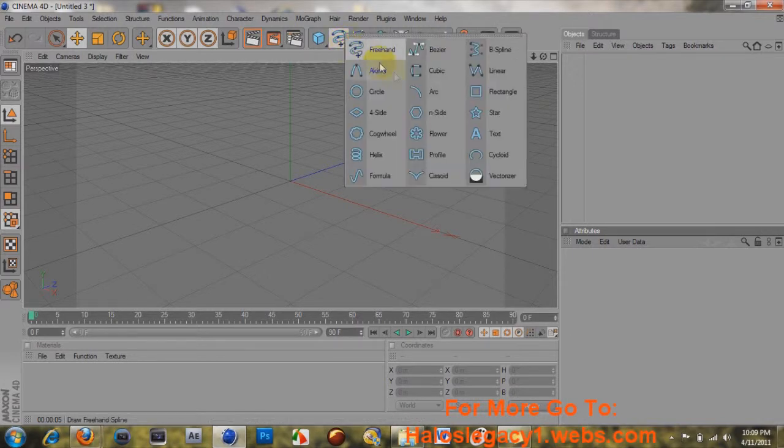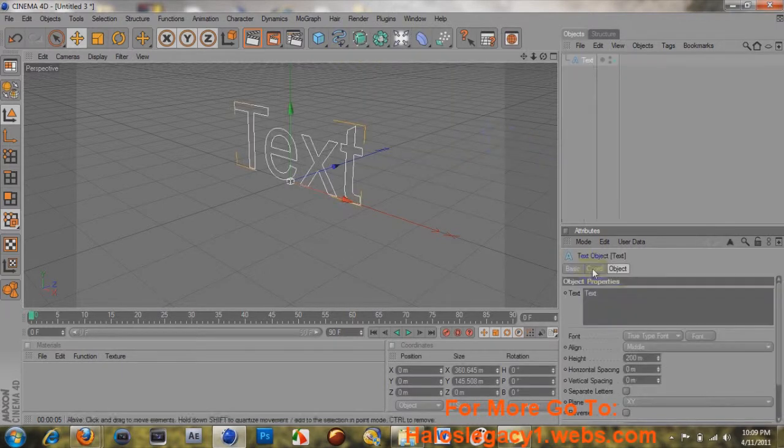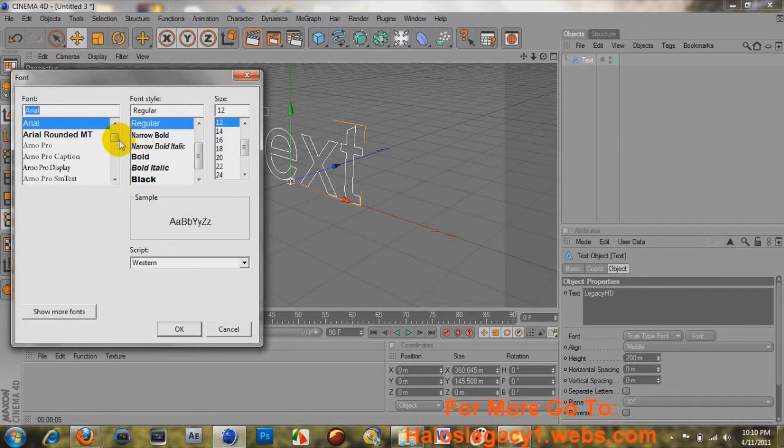I'm going to go to the squiggly thing with the plus on the end and click text. Go down here to where it should be on object, so you just click that right there. Highlight this and name it whatever you want, because this is what it's going to be. The text is going to be up here. I'm going to name it Legacy HD. I'm going to have the font as Harabara. That is my favorite font. It's on dafont.com,